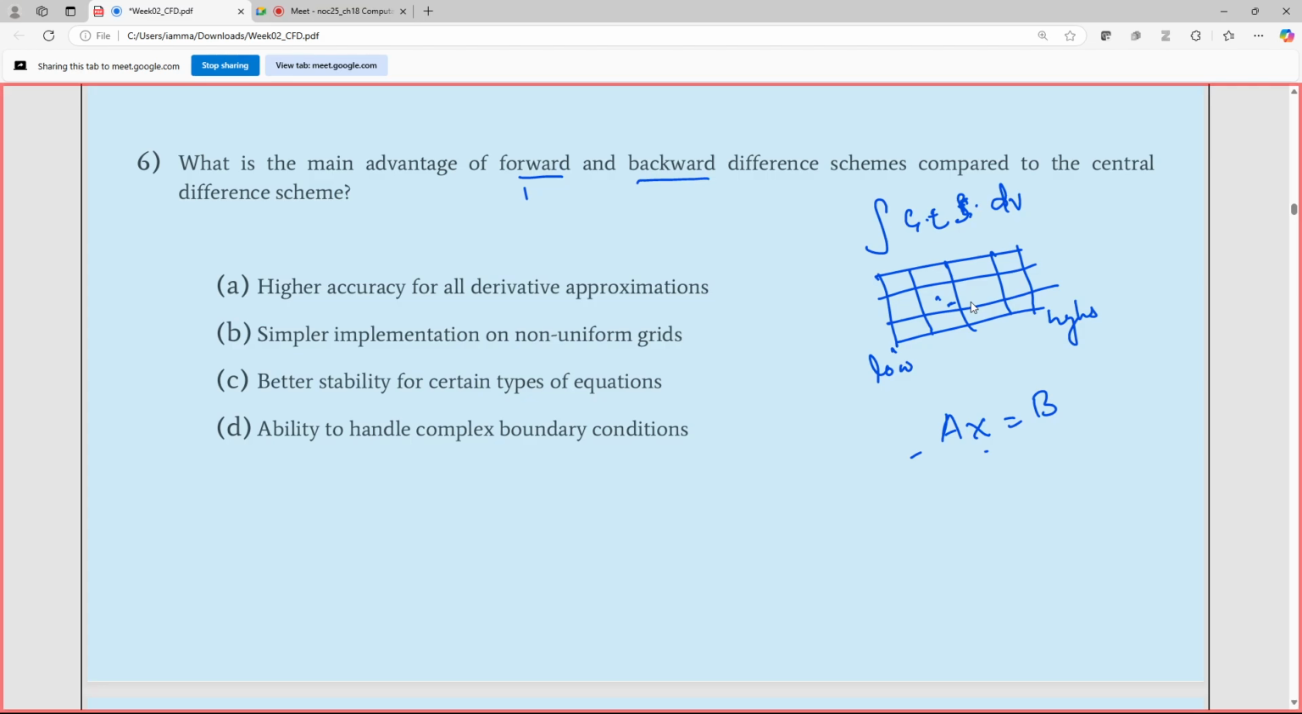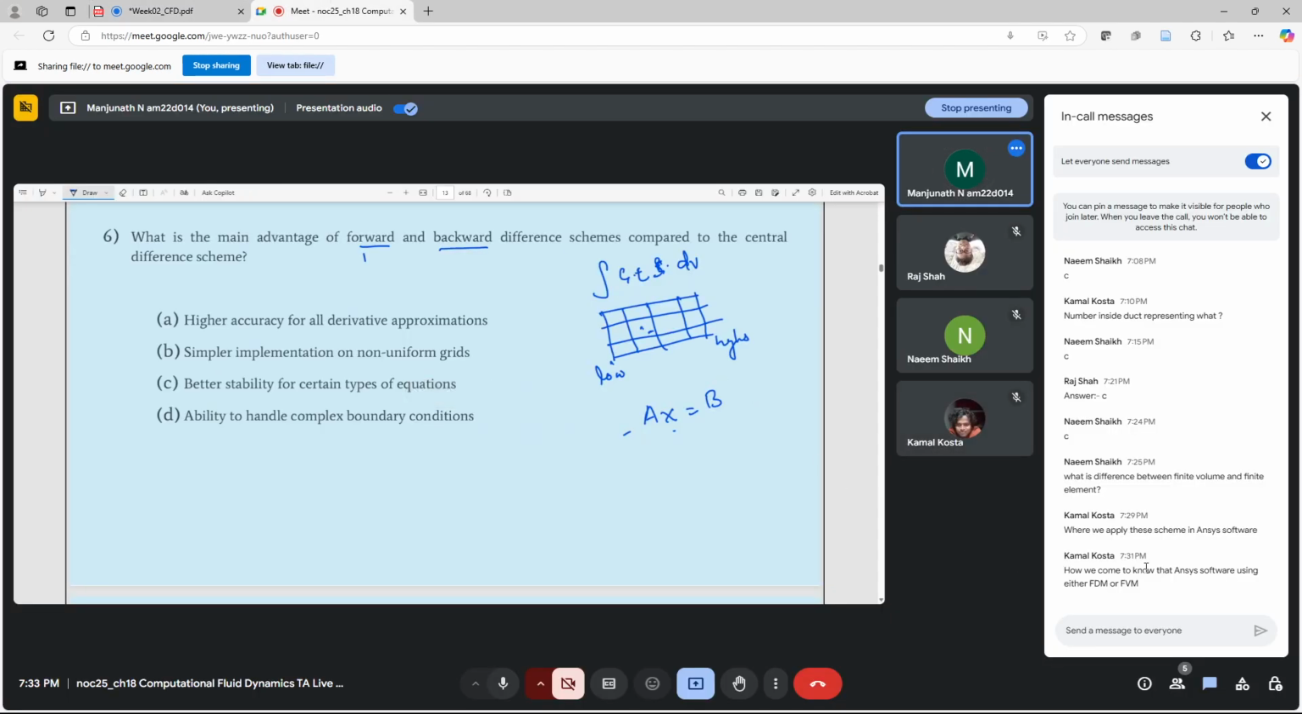So that is a difference between finite element and finite volume. And the second question was where we apply this scheme in ANSYS software. No, ANSYS software as such doesn't have these schemes. If you would take Fluent, which is a subpart of ANSYS, that uses